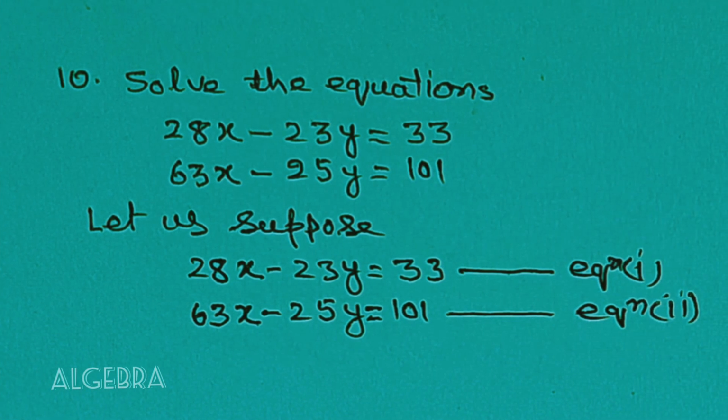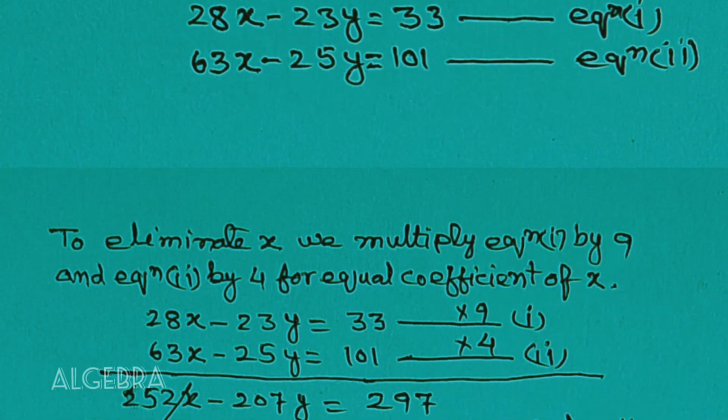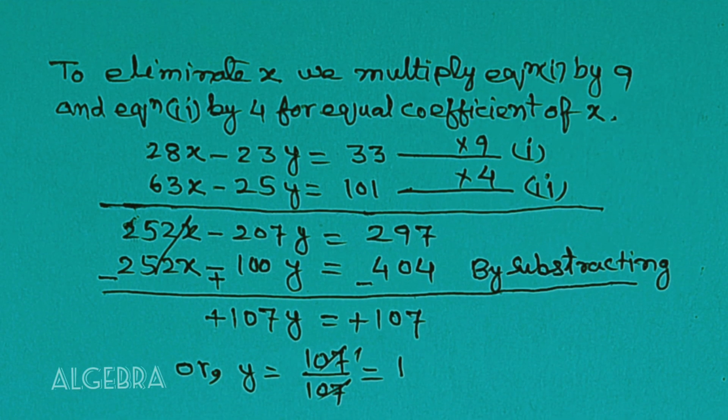28x minus 23y is equal to 33, and 63x minus 25y is equal to 101. Let us suppose 28x minus 23y is equal to 33, equation 1, and 63x minus 25y is equal to 101, equation 2. To eliminate x, we multiply equation 1 by 9 and equation 2 by 4 for equal coefficient of x. 28x minus 23y is equal to 33 multiplied by 9, and 63x minus 25y is equal to 101 multiplied